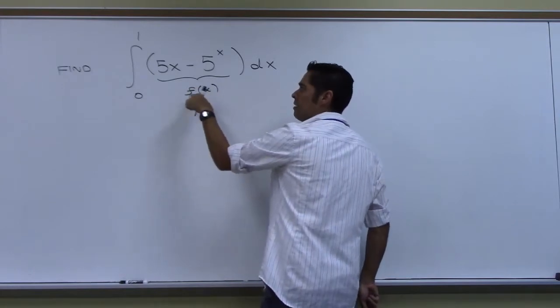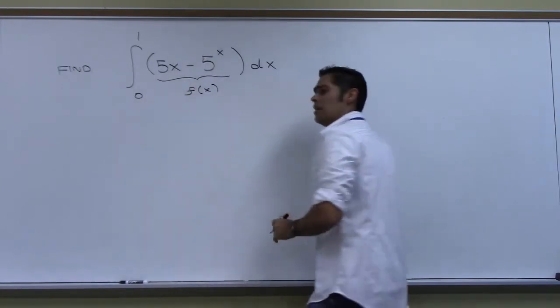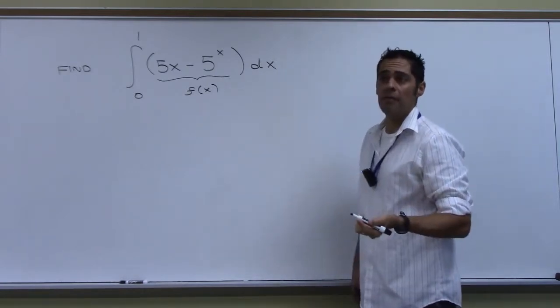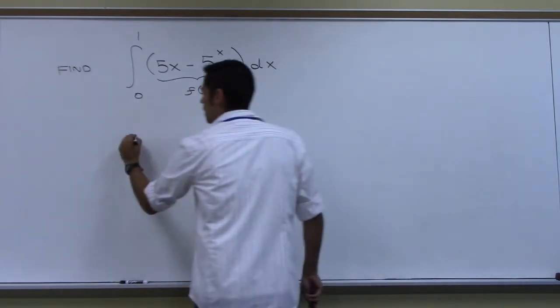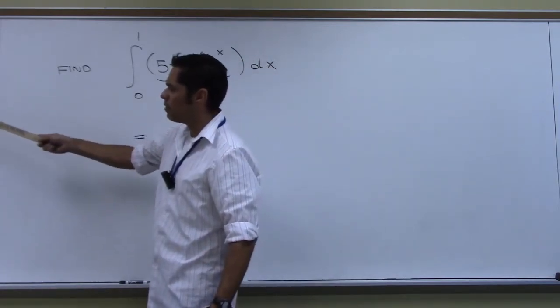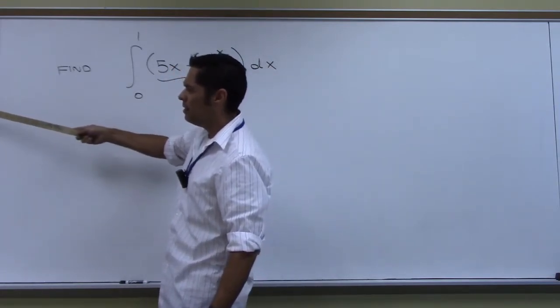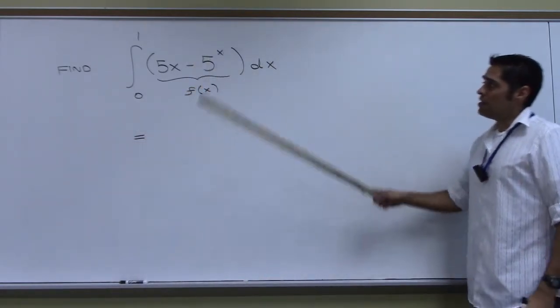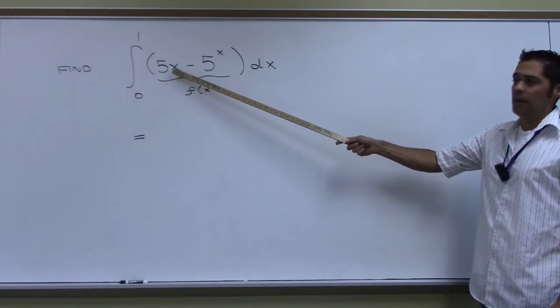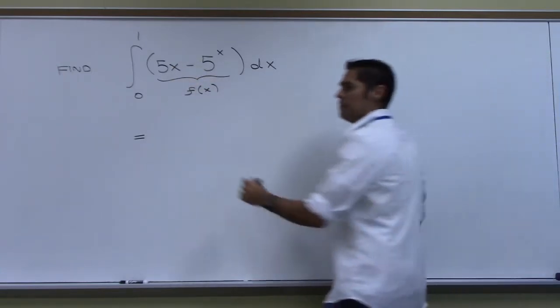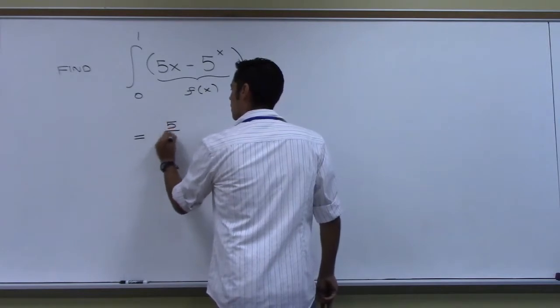All right. So to do this problem, all we need to be able to do is find the antiderivative of this thing, of little f, right? So that whole thing is little f. We need to find the antiderivative of it, which we will say is capital F. So I'm going to put equals here. What is capital F? So we're going to write down capital F, then we're going to write this bar here and the two numbers like this. So what is the antiderivative of 5x? Because we can split these up because they're subtraction, right? So 5 halves x squared